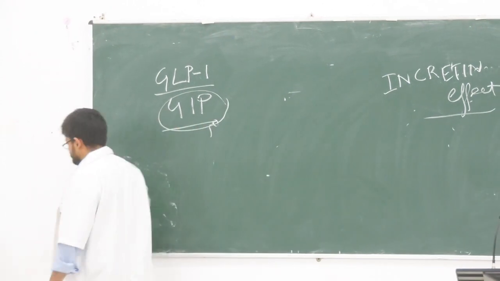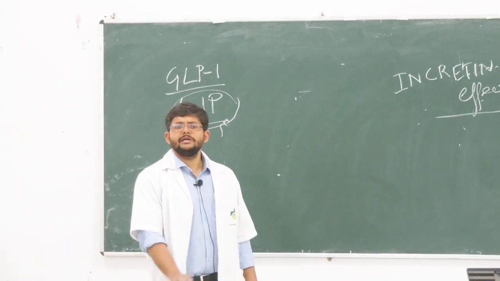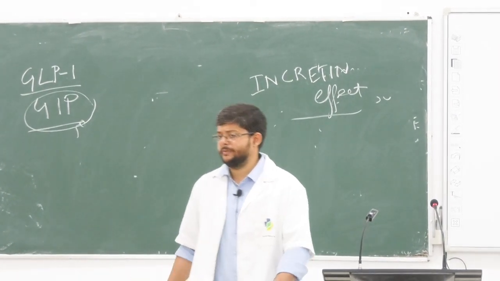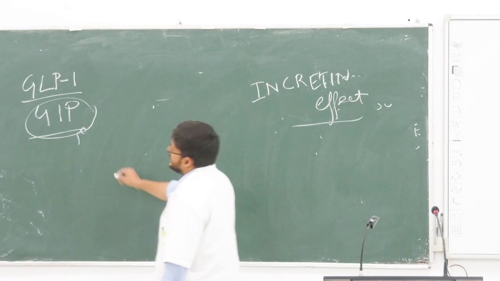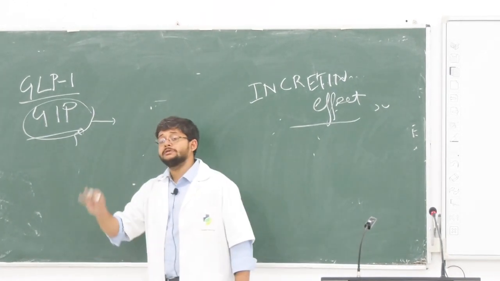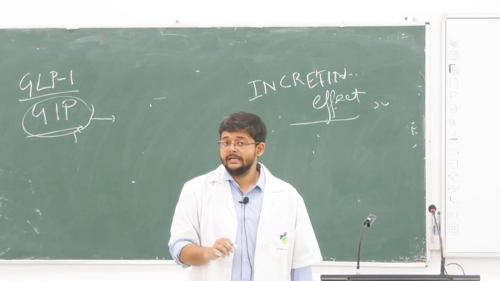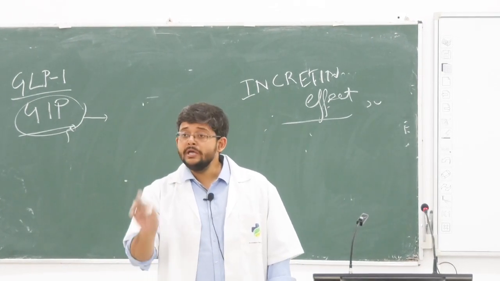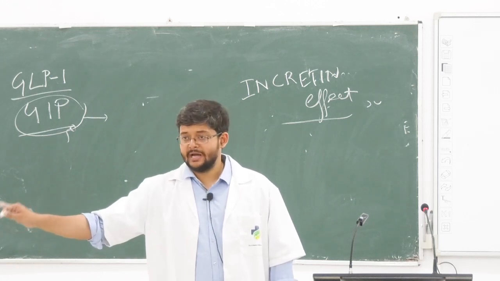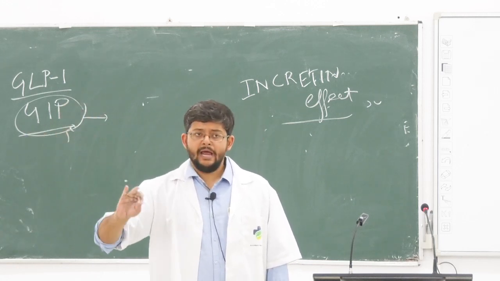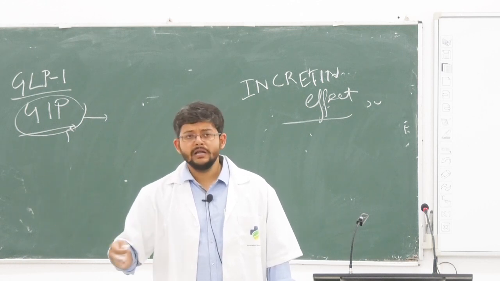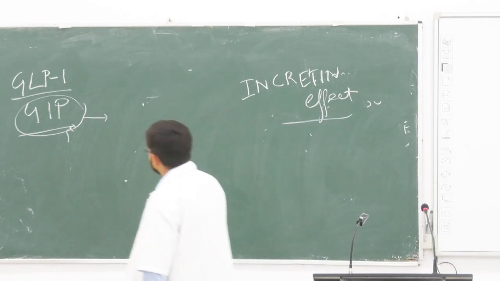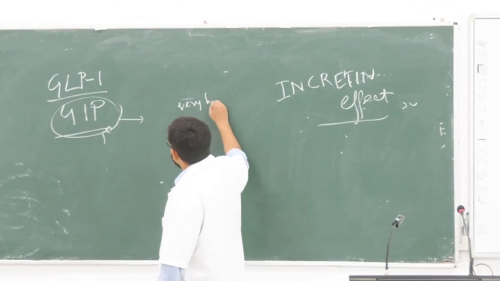Why was it named gastrin inhibitory peptide or gastric inhibitory peptide? First of all, we need to know this. This is gastric inhibitory peptide because when it was discovered, it was seen that at a very high dose, GIP inhibits gastrin release, and that definitely leads to reduction in HCl production. So when GIP was discovered, at a very high dose,